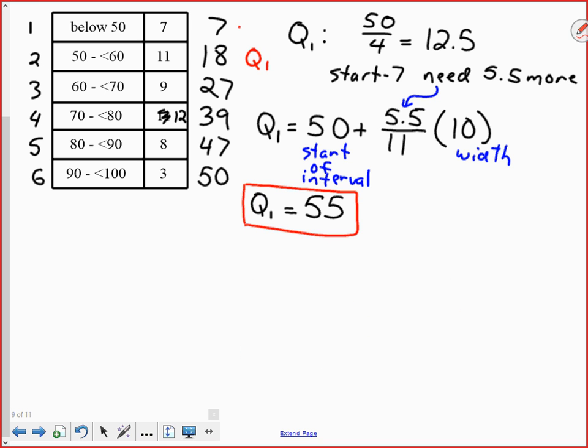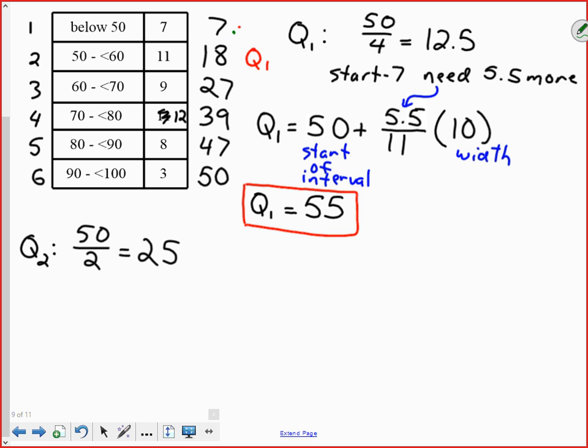So let's repeat it again for Q2. Okay, we'll do Q2. Let's see, we'll move this over here. Q2 is our median. If we are looking for the value of Q2, we want the value that is greater than or equal to half of our data set. So for Q2, rather than taking a quarter of our data set, we're going to take half of our data set. So we want to find the 25th number in our data set. So again, we start up at the top and we look at how far down these rows we have to go